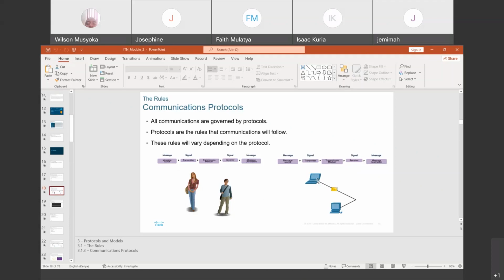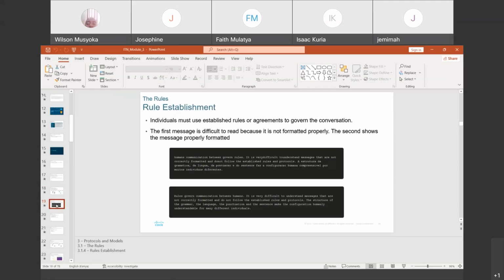If it is an email, it comes from this device here, is converted into a signal that goes through the medium, and then gets to the receiver. So that is how it is going to work. This is what is explained here, whereby human communication is governed by rules. So you need to understand how the message is brought and how it is going to be used.